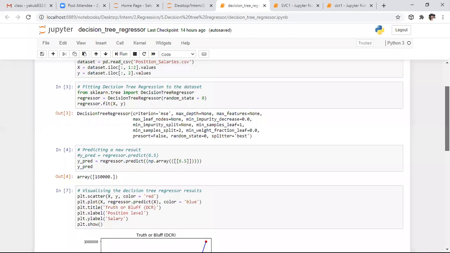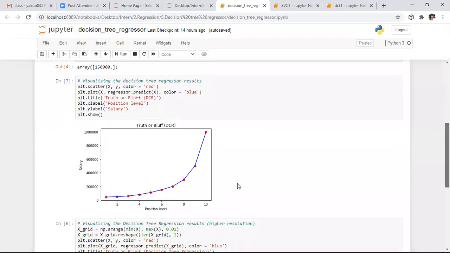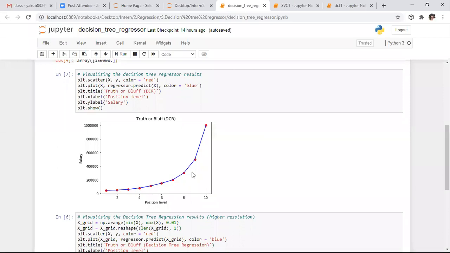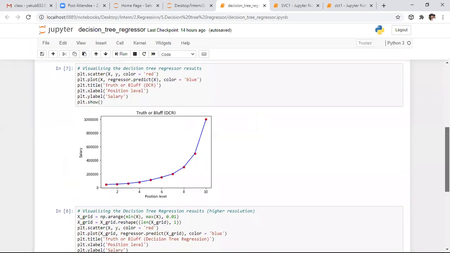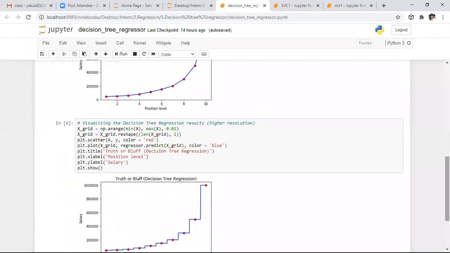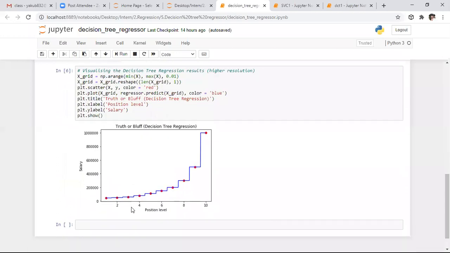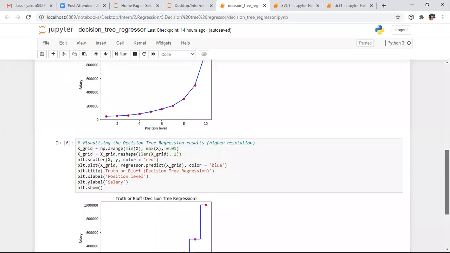If you observe the next step, the graph for the training data, you can observe the discontinuities. This is a line which is joining all the points. You can observe the bends here, and one more bend here. If you observe the same graph for the test result, you can get to know whether it is a discontinuous graph or not. You can easily observe the difference. It is a completely discontinuous plot or graph. So here it is about the decision tree regressor.